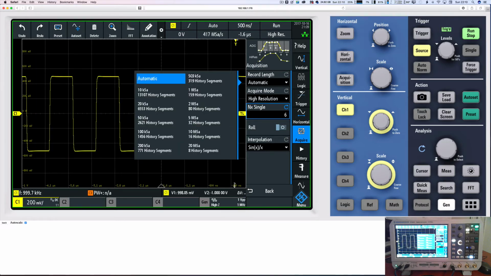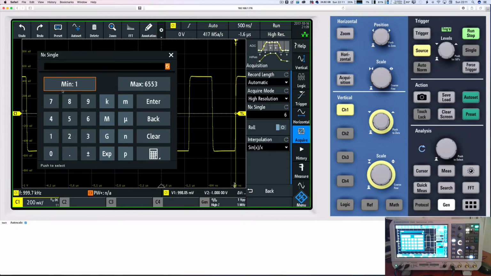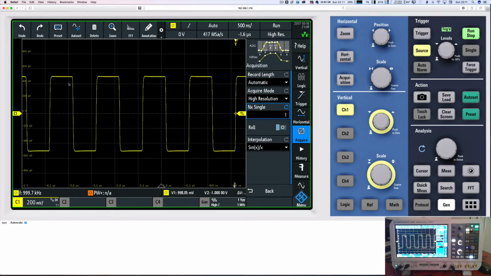So for instance, Keysight and some of the other scopes have an automatic mode, so they'll just choose what they consider the best. In actual fact, on the Keysight scope I've got, you can't actually choose your memory length at all. It just uses the maximum all the time, which sometimes can be a bit annoying. Go back to single. Let's just reset that to minimum 1, so it just captures once if I hit my